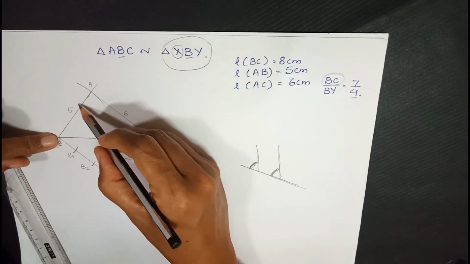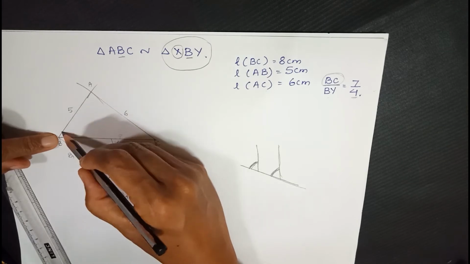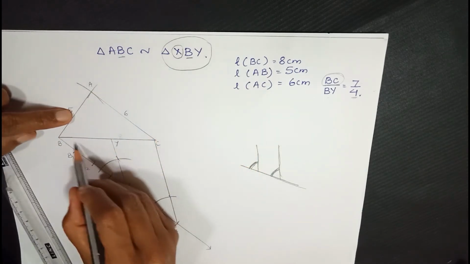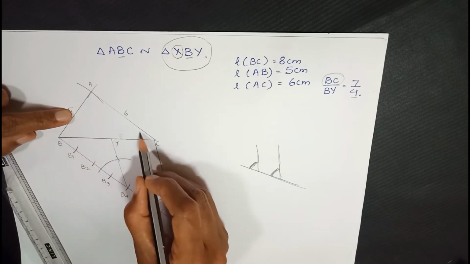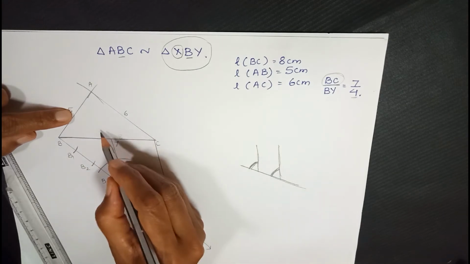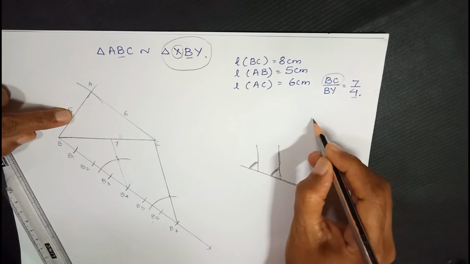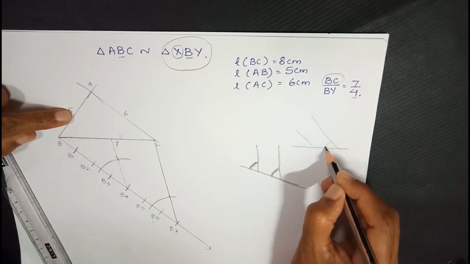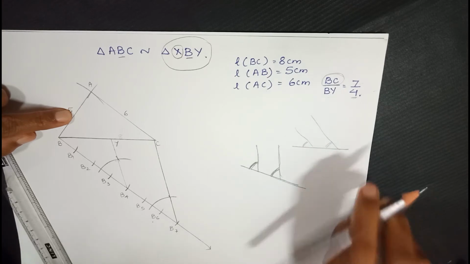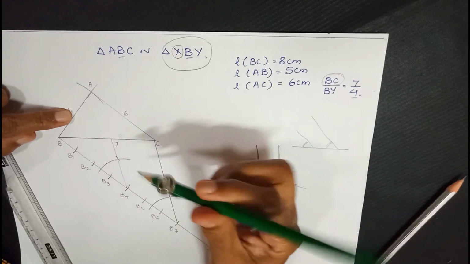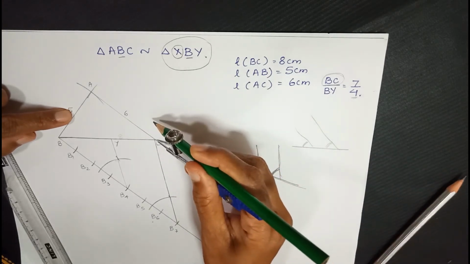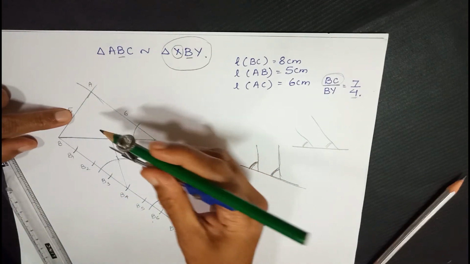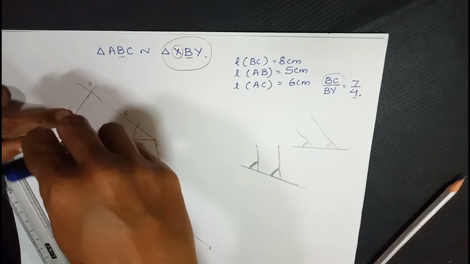And this vertex X will lie somewhere on this side. Now how to locate that point X is again to make an angle congruent to this angle. So now you can see we have an angle here and we will make one more angle here. Again following the same principle that if 2 lines are parallel, then corresponding angles are equal. So again we will make congruent angles. So we keep our pointer on C and we cut an arc. Any measure, again keep it on Y and cut an arc,